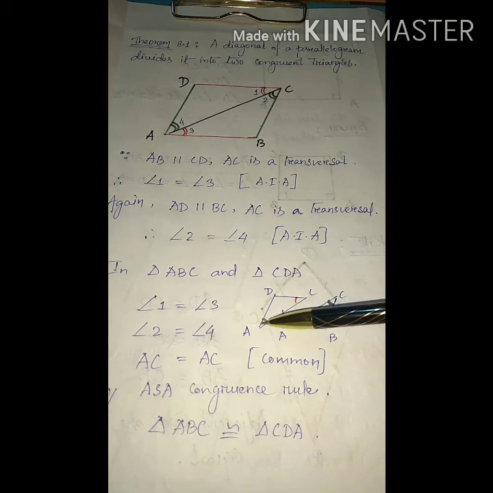Now you see one angle, a side, then another angle. In between these two angles, the side is what? AC. Similarly, in between these two angles, the side is this one. So this side is the included side. That's why easily we can apply one congruence rule. Which one? The angle side angle congruence rule. So from the angle side angle congruence rule, what can we say? These two triangles are congruent. So we write: by the angle side angle congruence rule, triangle ABC is congruent to triangle CDA, or you can write ADC also. Is it clear? I think all of you understood this one.